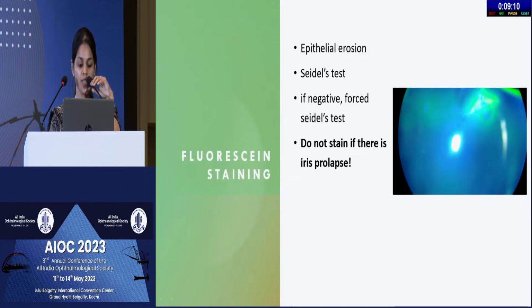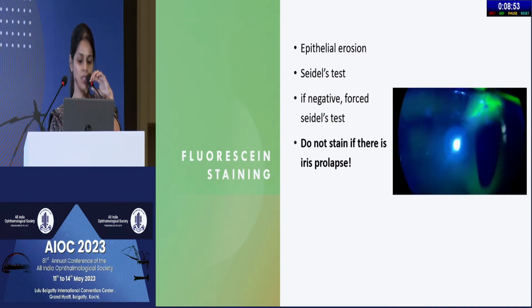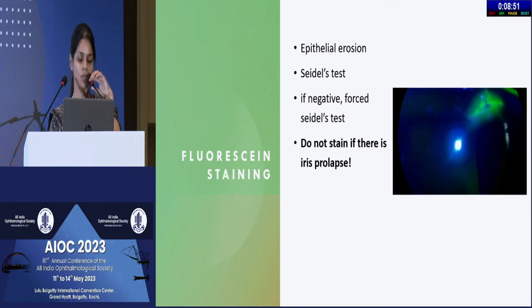So fluorescein staining is again crucial. You might have just a simple epithelial defect, or we might have a Seidel's positive, as we can see here, where your fluorescein gets diluted by the oozing aqueous. If your Seidel's is negative, do a forced Seidel's test by applying gentle pressure at the limbus over the eyelid and look for a small leak. If you have an obvious laceration with an iris prolapse, there is no indication to stain, as it won't give